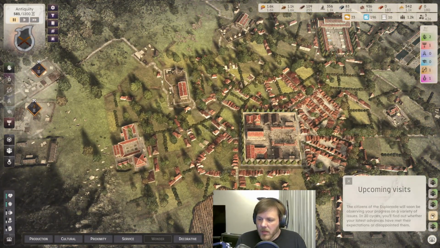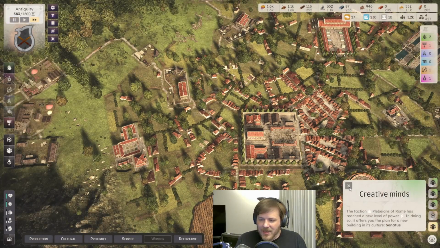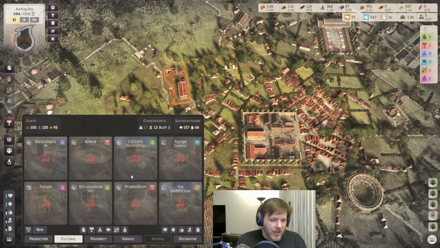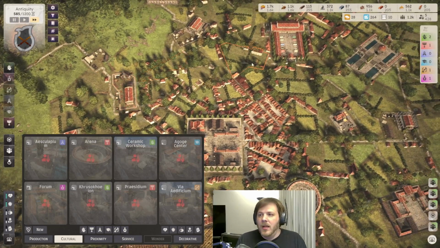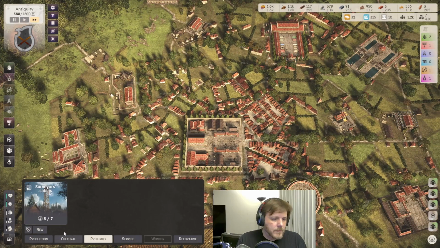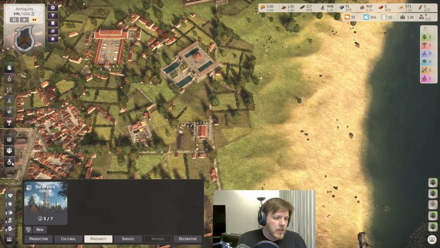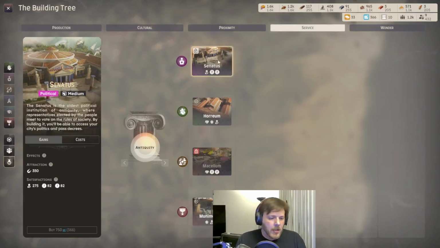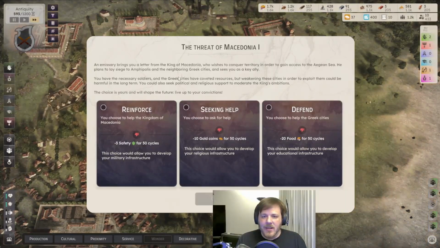Alright, so upcoming visits, and the Senatus is now available. Yep. Cultural building, did I unlock my second? No, I didn't have enough blueprints. Blueprints are the problem. So how many blueprints do I need for the Senatus? 750, so that's my next one. I want to build a Senate, and that...